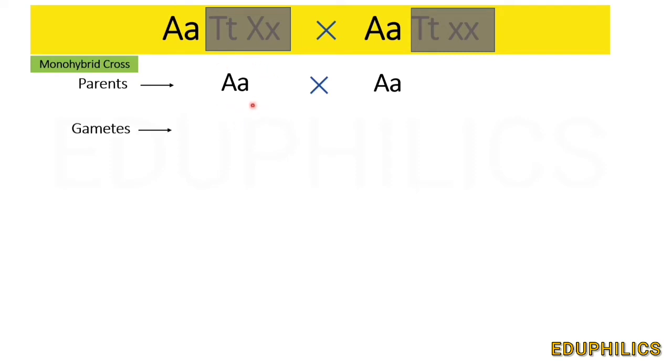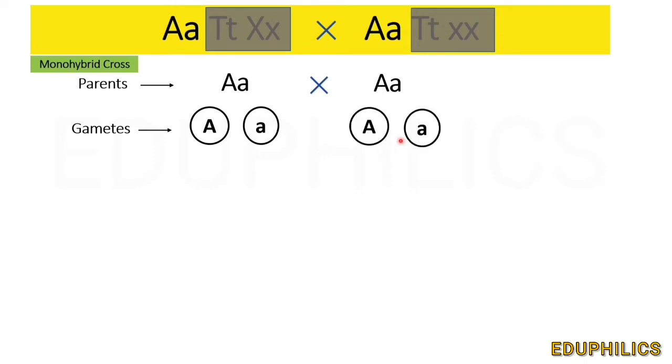In heterozygous genotype, during formation of gametes, half of the gametes receive the dominant allele and the other 50% of gametes receive the recessive allele. So two types of gametes are formed. Here also, two types of gametes are formed because the parent is heterozygous. When these gametes fuse, the progeny are formed.